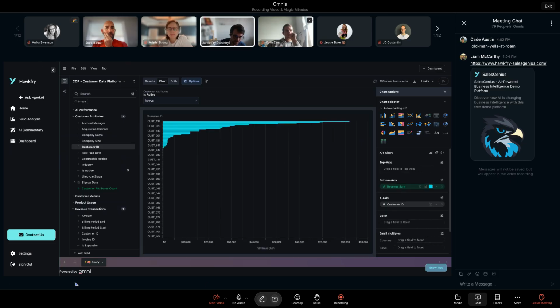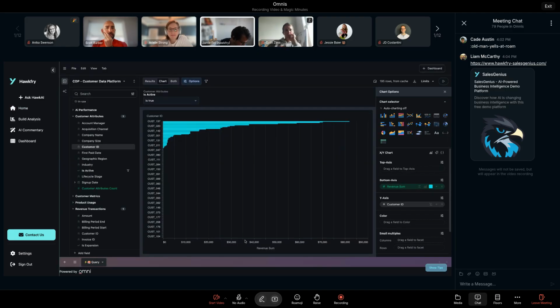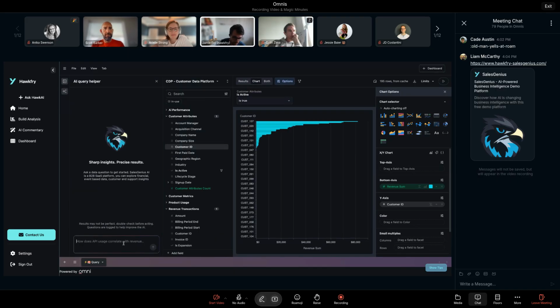But I think the Ask AI chat here, so you can see it's kept my session there, provides a bit of a safe space for business users who are never going to be comfortable using a workbook view like this. And I think we'll end up with a lot of people just interacting with BI through natural language. And the beauty of this is it's sitting on top of Omni's semantic layer. So for anyone watching the video who is using Omni, you can just embed this endpoint and not necessarily expose the rest of the application if you don't want to, but you can also allow people to drill into the workbook like it does here,